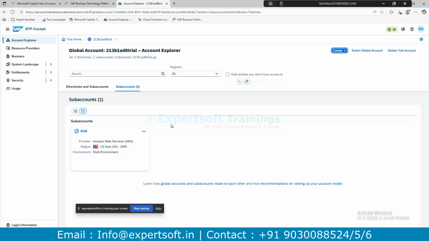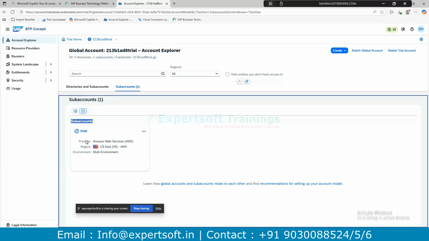In the real scenario, subaccounts will be used for quality, production and development environments. Each subaccount can have a different environment. Currently you can consider this subaccount as the development environment. If you want a quality environment, then you can create one more trial subaccount and name it quality.